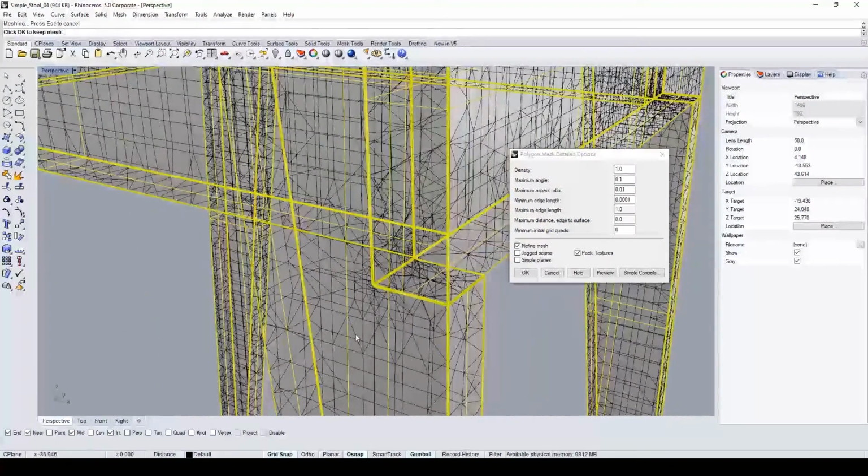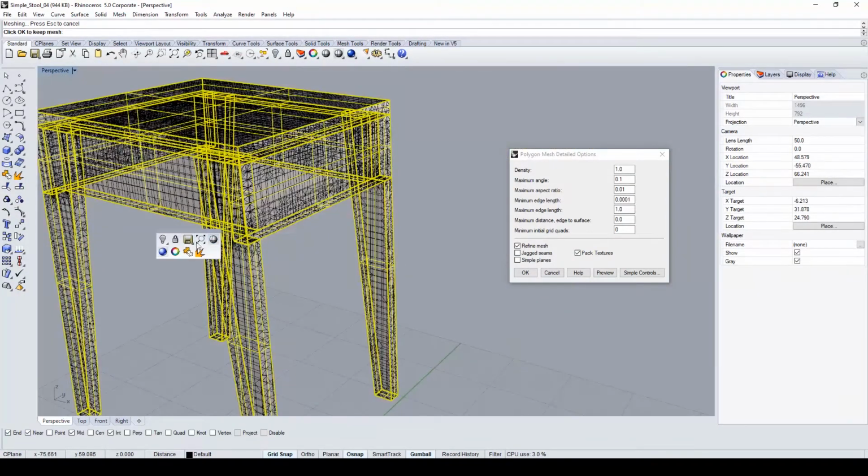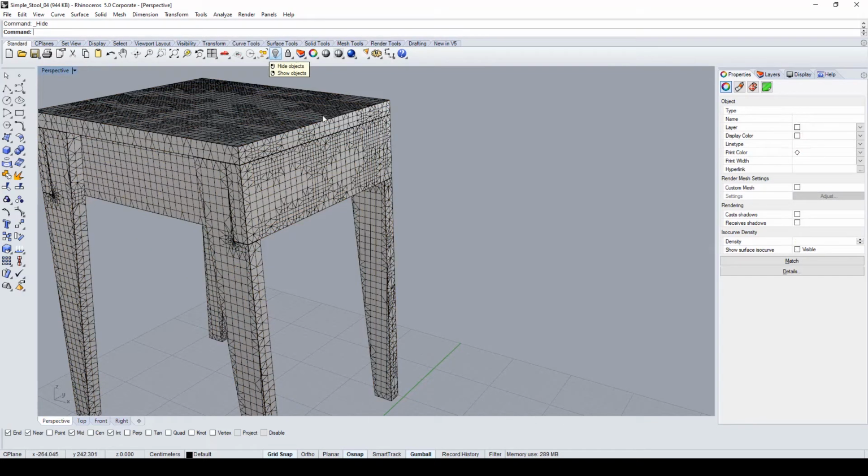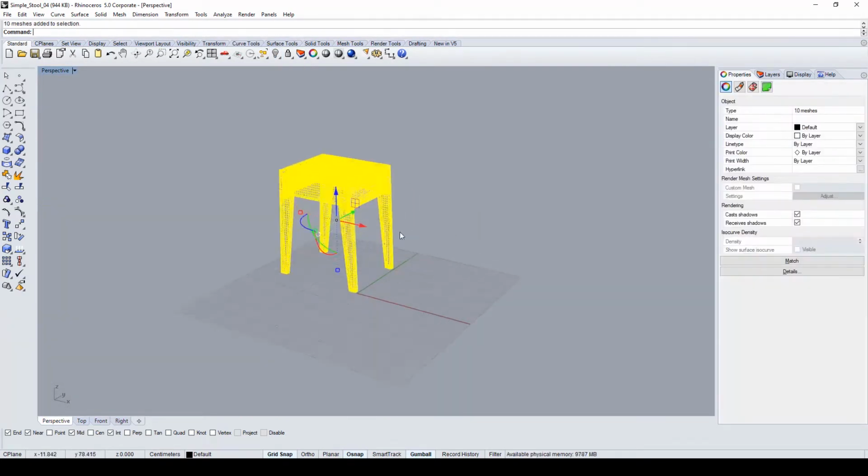Let's check, a little quadrangulated mesh, but with some triangles in the edge, but for me it's good. Then I click OK and I hide the surface. Then I select all the meshes